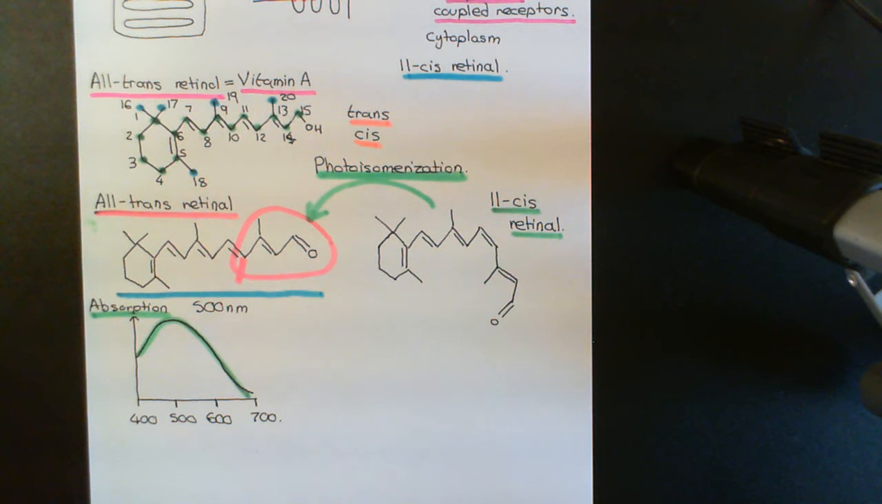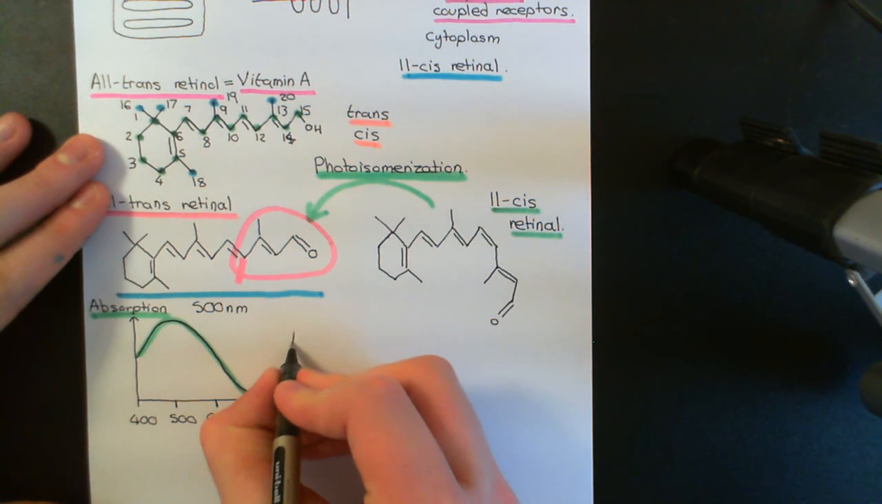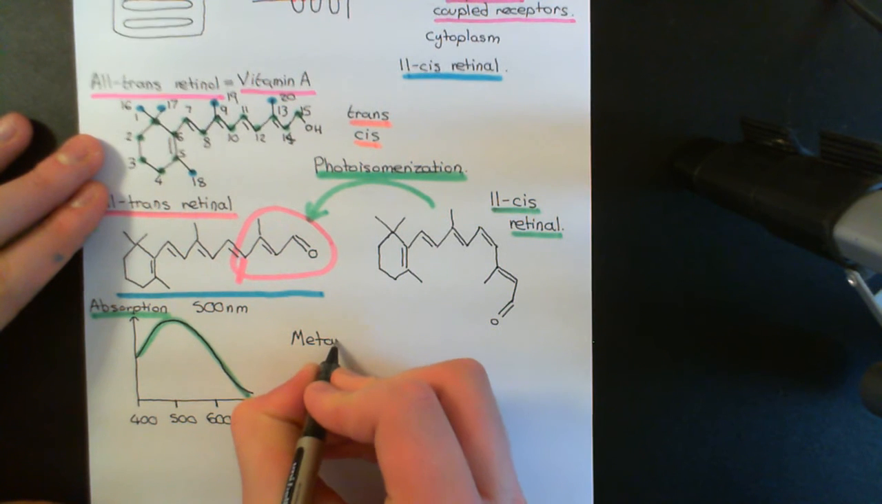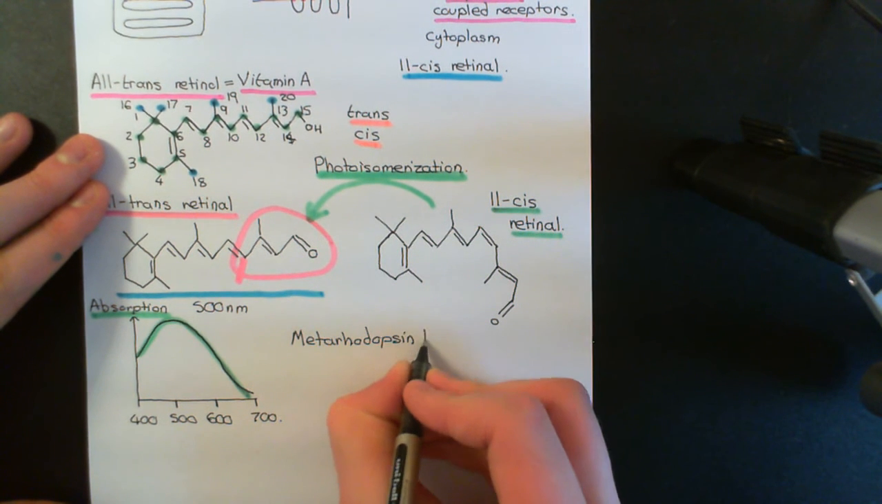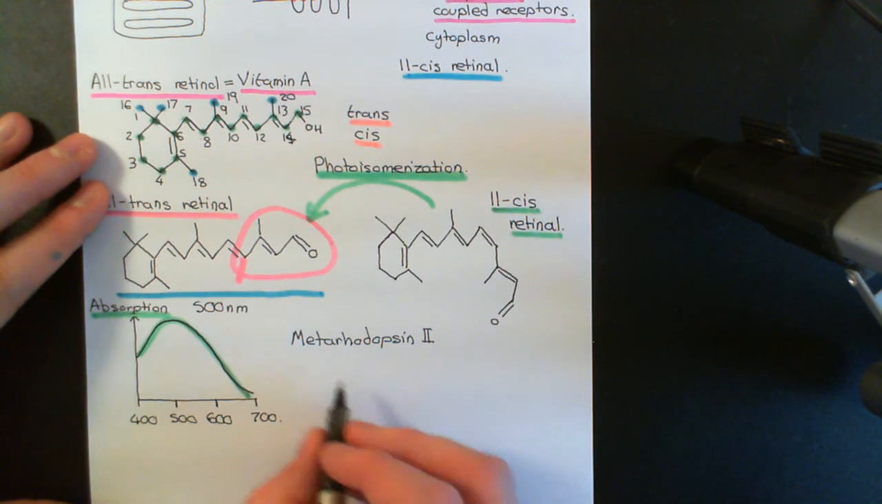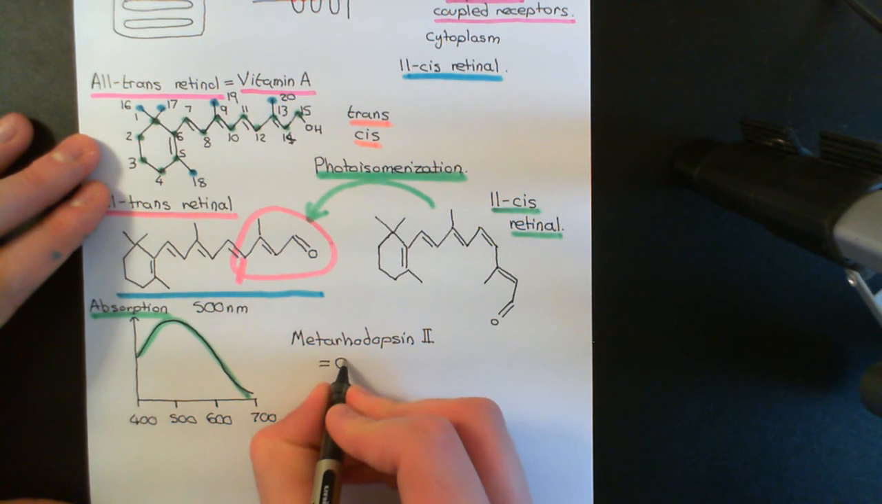What that triggers is a change in the conformation of the opsin. So opsin with 11-cis retinal bound to it has a different shape, a different topology to opsin with all-trans retinal bound to it. So once you've now got the opsin with all-trans retinal bound to it, it's called something different. It's no longer called rhodopsin. Instead, it's now called meta-rhodopsin 2, which is a fantastic name. I don't know who managed to come up with this. So the rhodopsin is going to change into meta-rhodopsin 2,